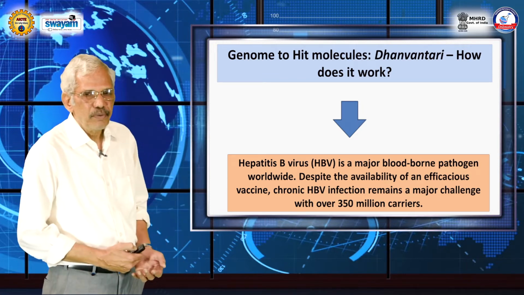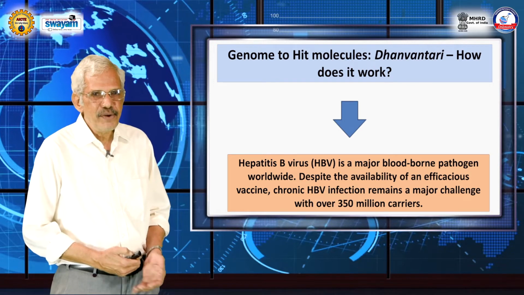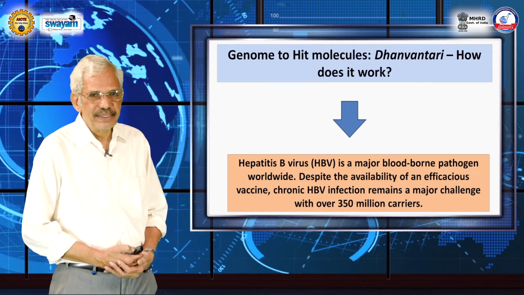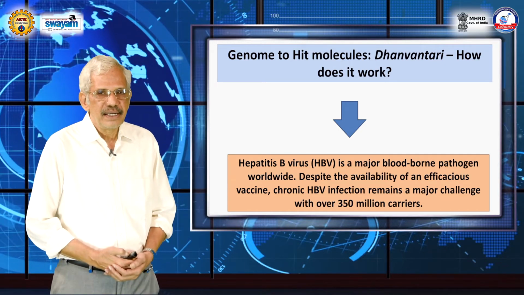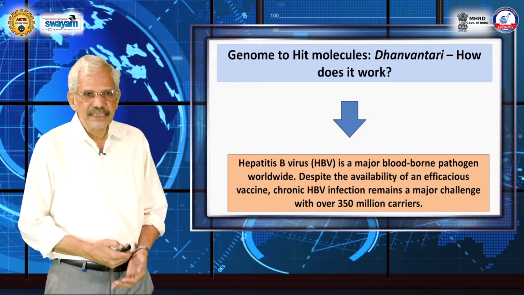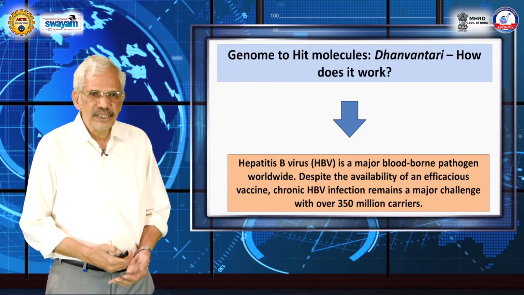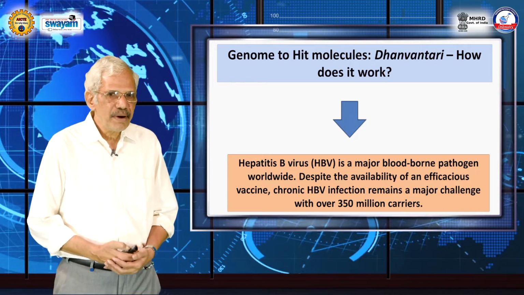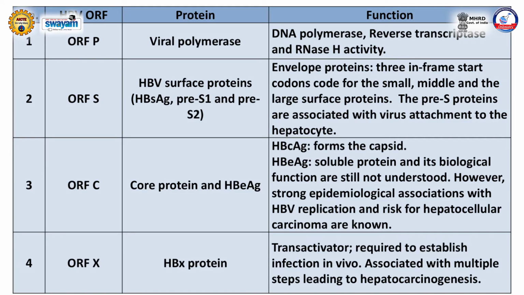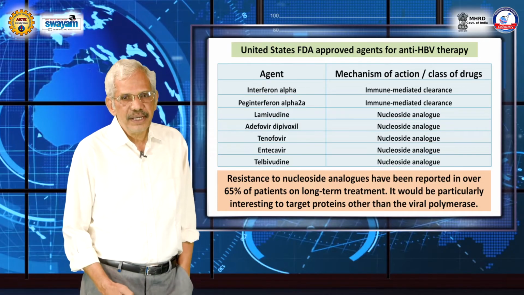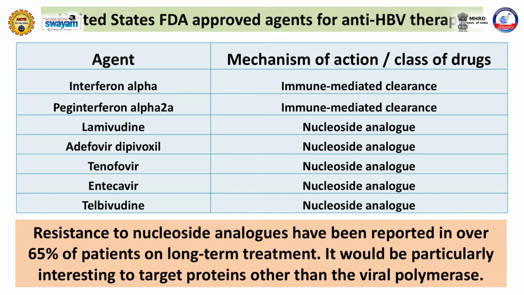Well, one of my colleagues gave a problem to me. He said, can you come up with a new molecule against hepatitis B virus? And this is of course a serious need, and the virus has developed resistance, and the carriers are increasing. So, I asked him, anything known about this particular virus? He says, well, something about it is already known. It has about 4 ORFs, open reading frames. It can code for some of these proteins, and the function of the proteins is also known. But I want a molecule which is not a nucleoside analog, because patients have reported resistance against nucleoside analogs.